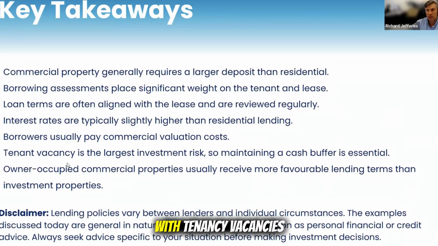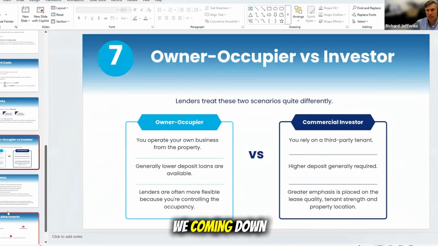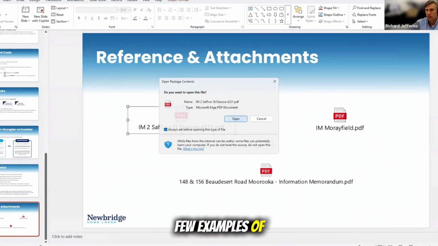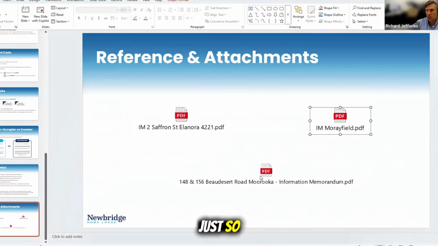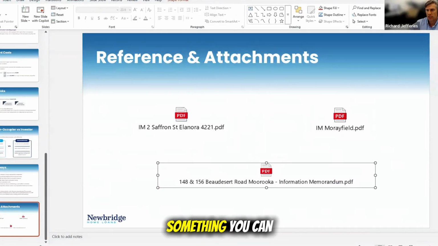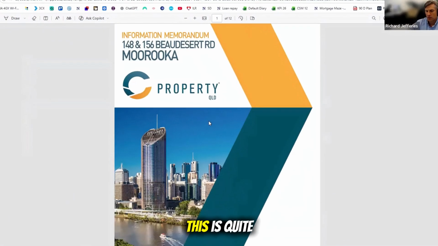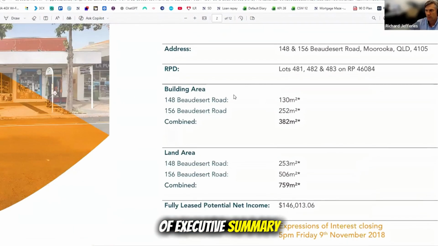There's greater risk with tenancy vacancies, and there's more favourable terms on the owner-occupied space. So if we're coming down, I'll try and give a few examples of some information memorandums, because these are a great place to start, something you can usually ask the agents for. So this one you can see here is property. This is quite old, but most of them will come with some sort of executive summary, a bit of detail